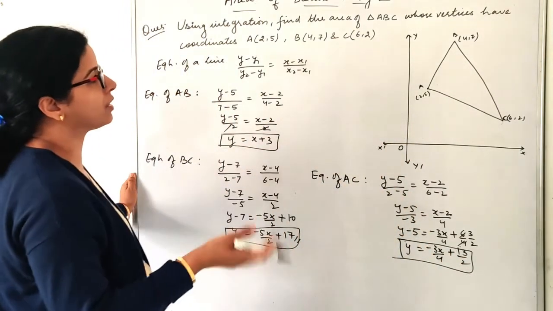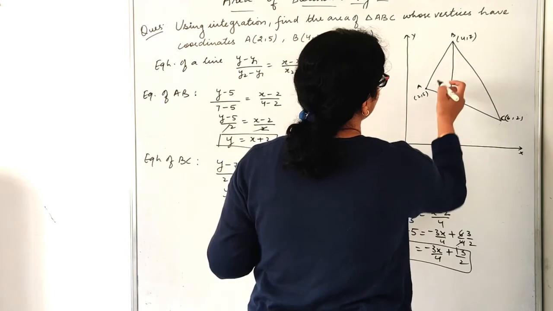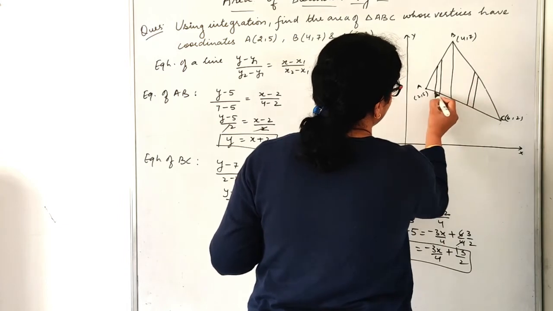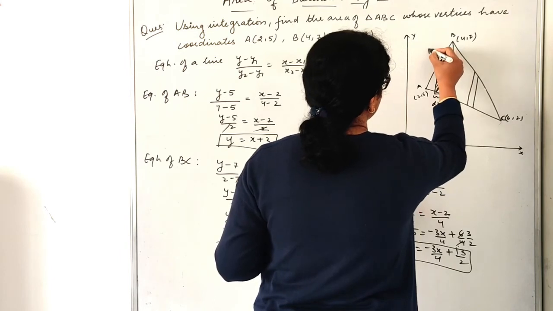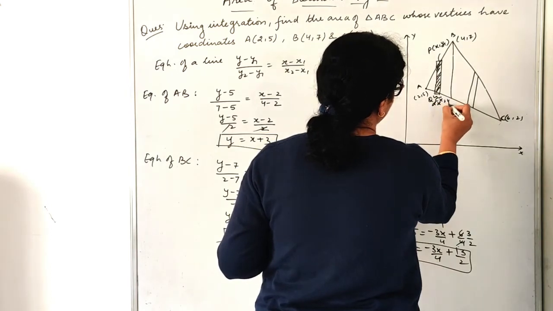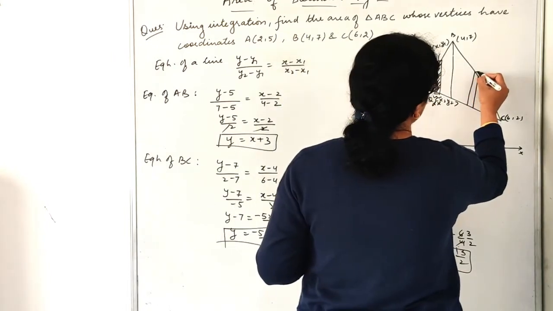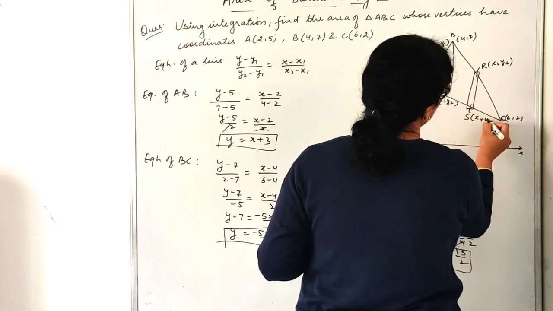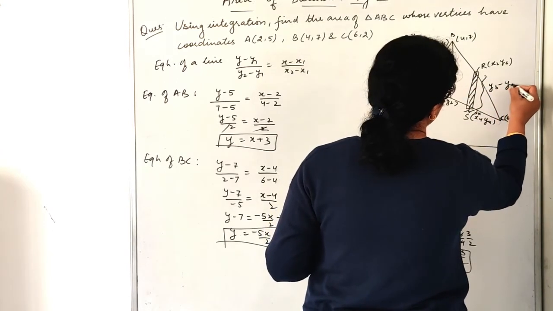Now let us find out the area of the triangle. Okay, now let us check the bounded area. So we already know this is our bounded area. Let us make a vertical strip from here, right? And in this region also. So the area of this part will be dx, and if I take this as P (x1, y1) and this as Q (x2, y2), what will be the length of this? y1 minus y2. And if I take this as R (x3, y3) and this as S (x4, y4), the width will be dx only, but the length will become y3 minus y4, right?